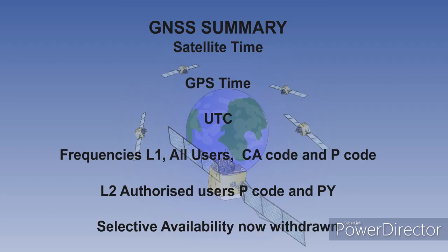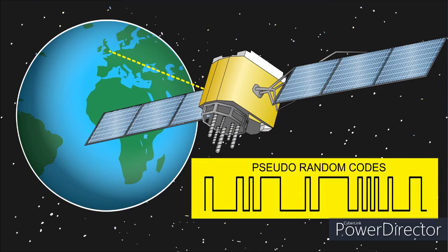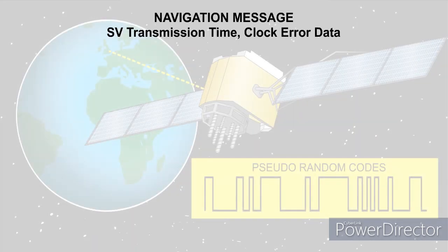GPS nominally offers two grades of service, standard and precise. However, selective availability has now been removed, so all users get the precise service. Pseudo-random codes identify the satellite and provide the time using code correlation technique. The range is the time between the satellite signal and the receiver signal codes times the speed of electromagnetic waves. The navigation message contains the SV time of transmission and clock error data,